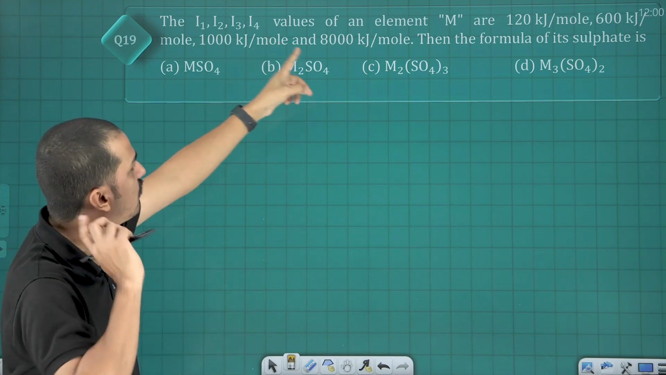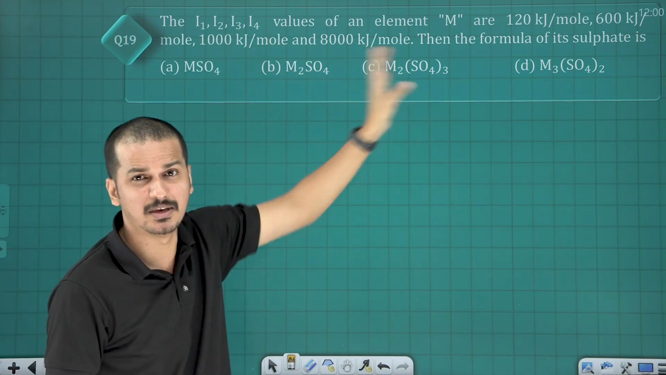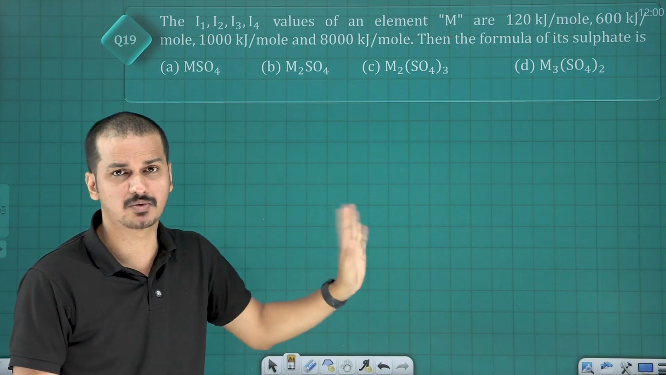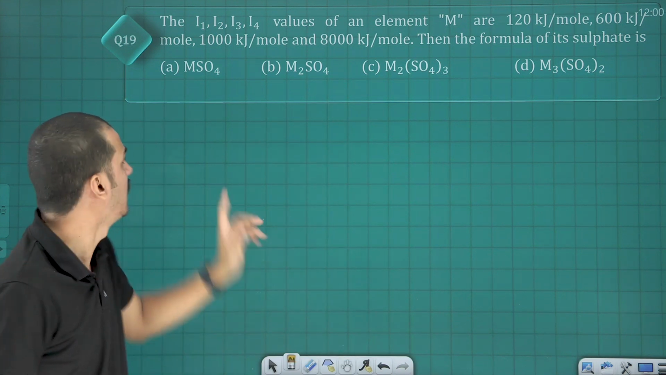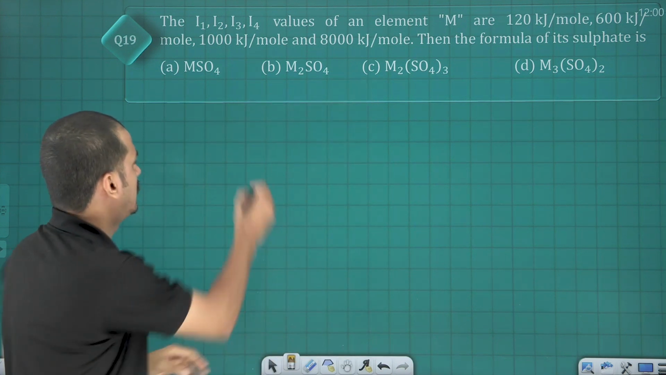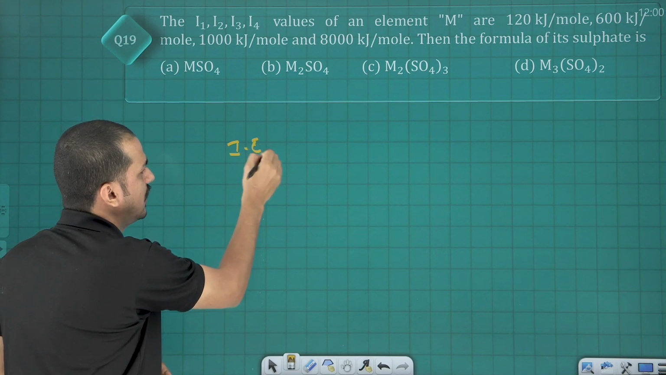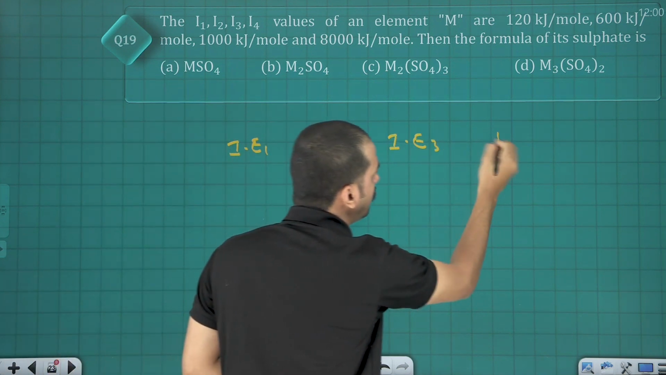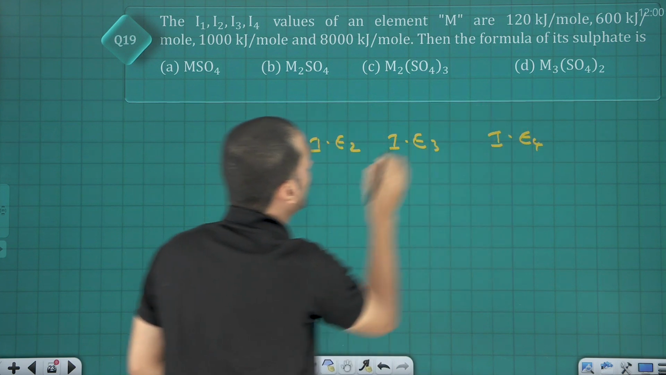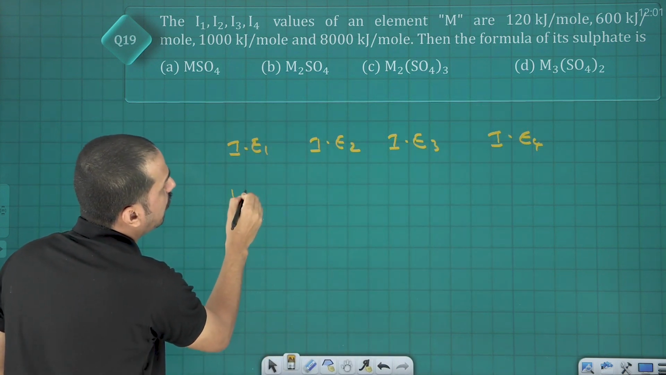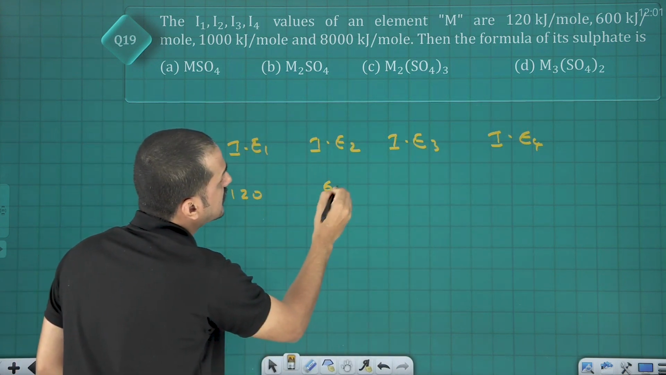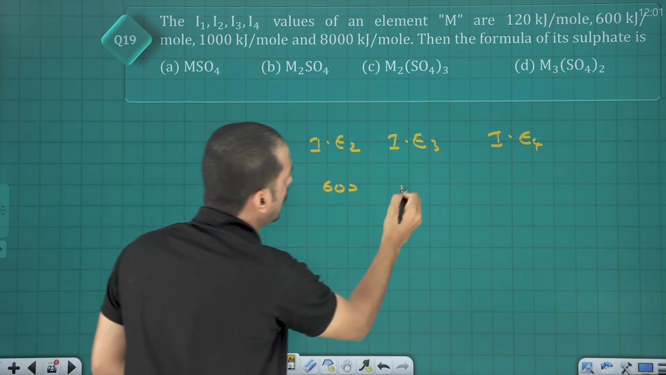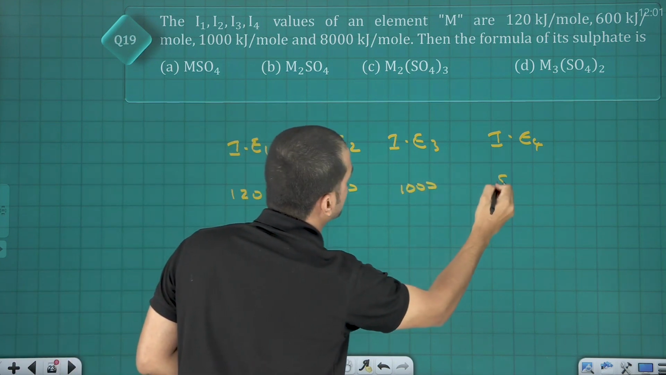I1, I2, I3, I4 are values of element M. I means ionization enthalpy. Okay, the ionization enthalpy values they have given: IE1 value, IE2 value, IE3 value, and IE4 value. What's the value? IE1 is 120. IE2 is 600. This one is 1000 and this one is